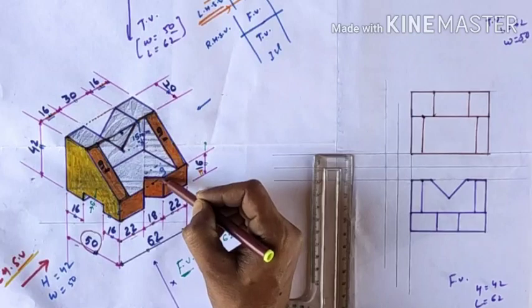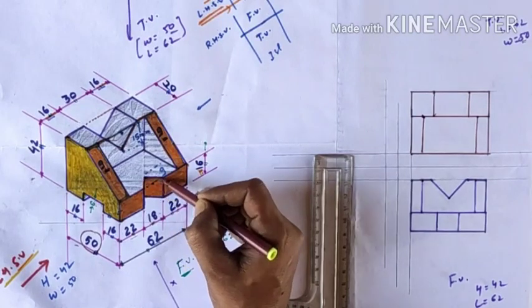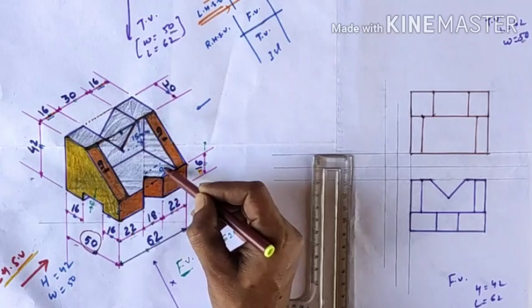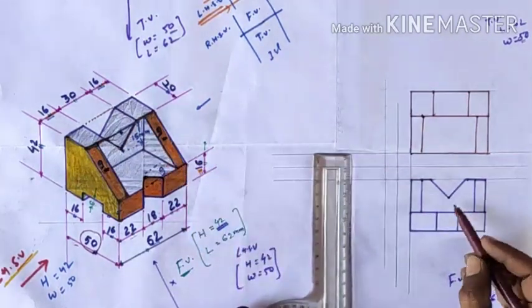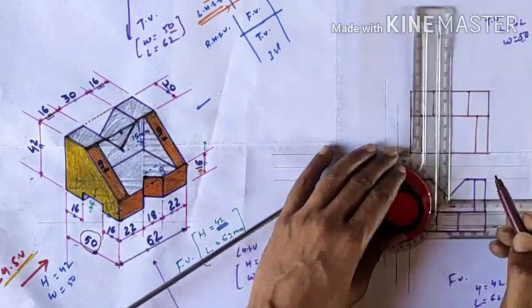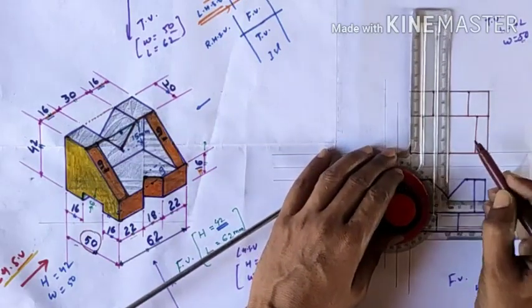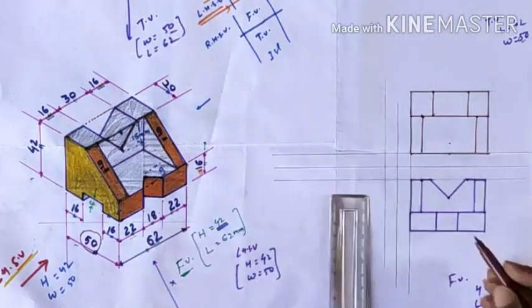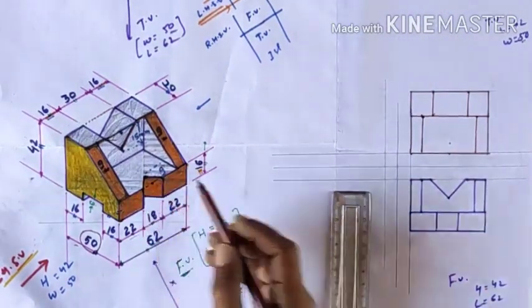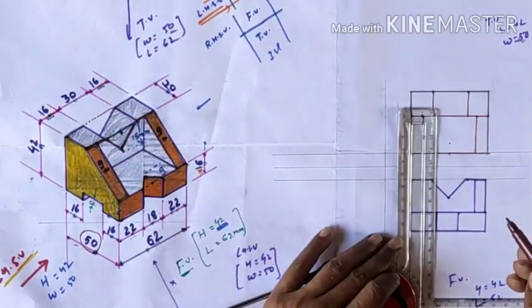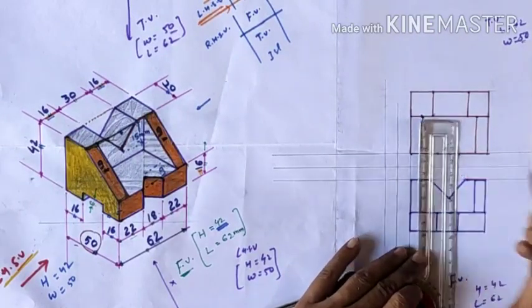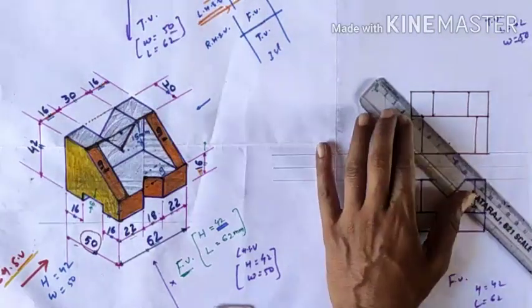Now this is when we see this particular part. This part goes inside about 9 mm, so this is the center. Clicking center here and marking 9 mm from it, 9 mm is here, and this is also 22. So this is 22, this is 22, clicking again 22 to extend this line here, and this is also 22, and joining this line.